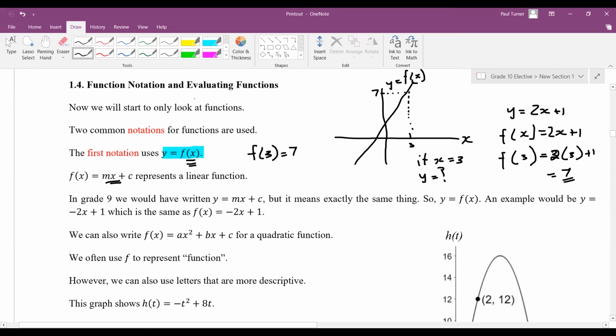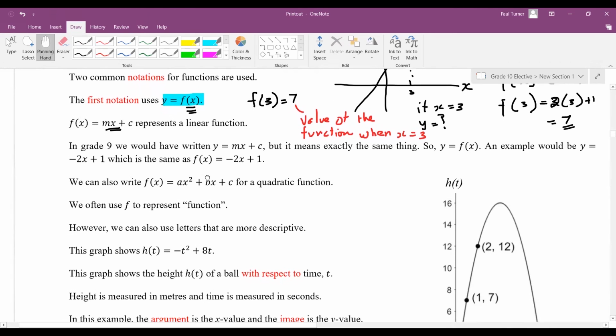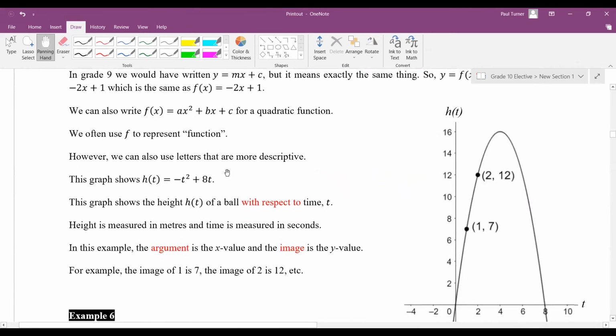And you'll see me refer to that as the value of the function, when x equals 3, something like that anyway. But you're going to see this quite a bit later on. Okay, so I've just talked about that already. Now for a quadratic,